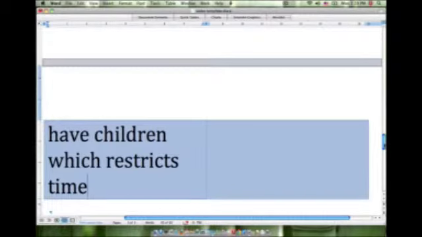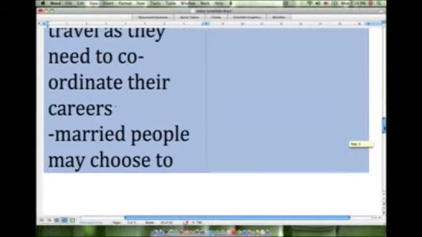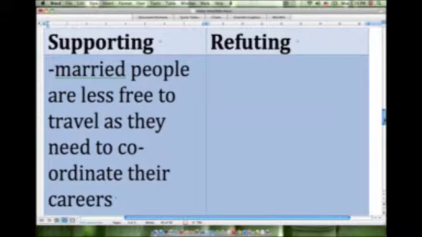Okay, so a couple of points that support this argument. Now I should point out that, of course, when we're in the exam, this would be going on inside of our head. We're not actually writing this down, this supporting and refuting column, but we're just going through the thought process here. So now if we think about points that would refute the idea that unmarried people tend to achieve success or more success than married people, maybe we can think of something like